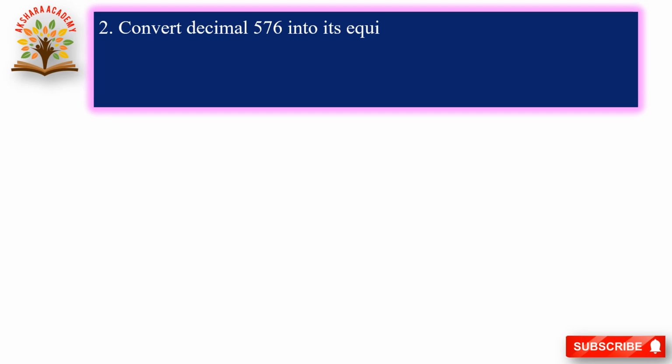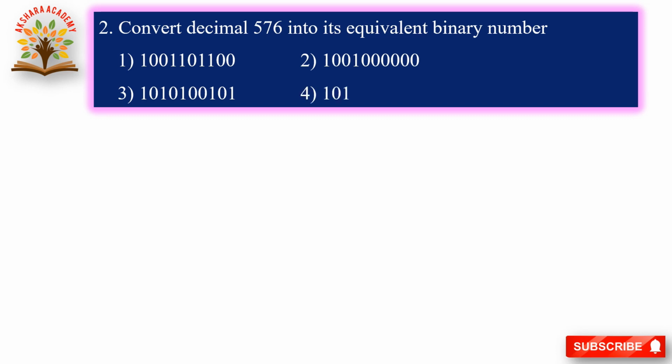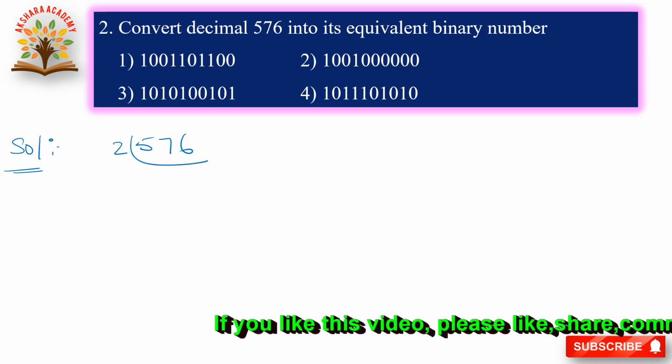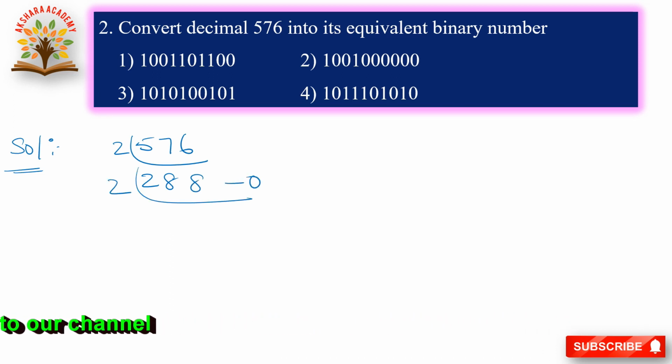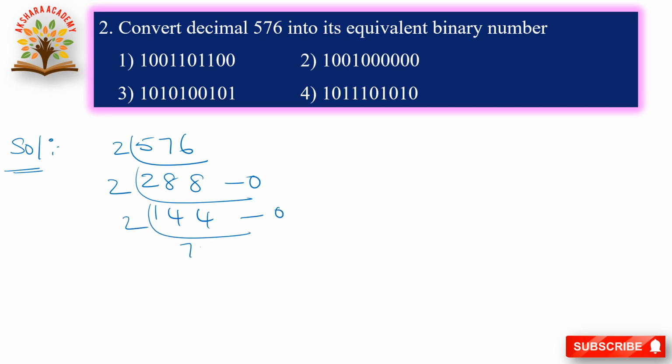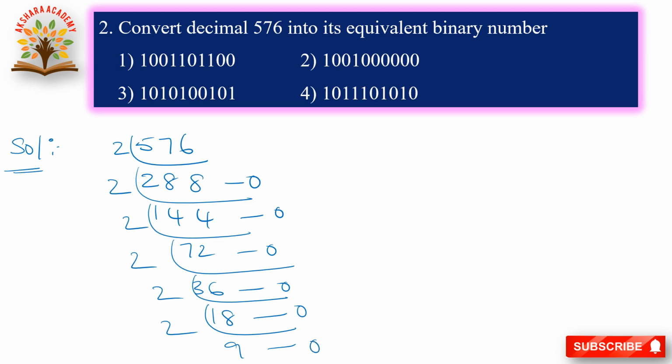Convert decimal 576 into its equivalent binary number. Now we are converting 576 into its equivalent binary number. Now let us go to the solution. The given decimal number is 576. See here, 2 2s are 4, 2 8s are 16, the remainder is 0, and then 2 1s are 2, 2 4s are 8, 2 4s are 8, remainder 0, and then 2 72s are 144, remainder 0, and then 2 36s are 72, remainder is 0, and then 2 18s are 36, remainder is 0, and then 2 9s are 18, remainder is 0, and